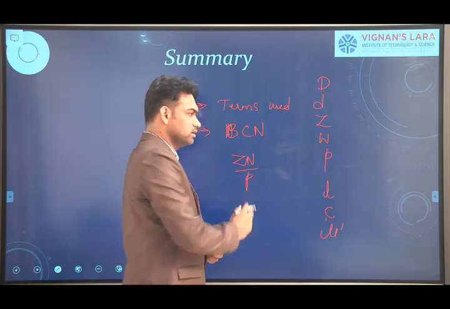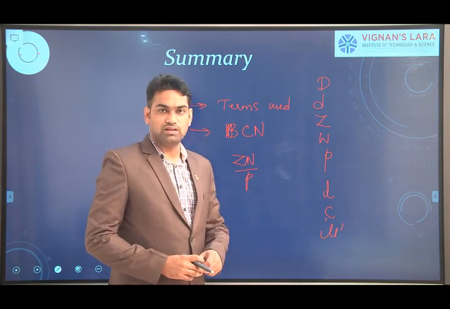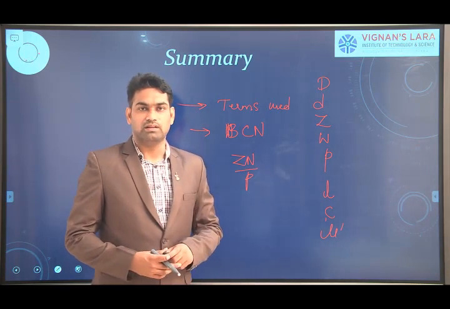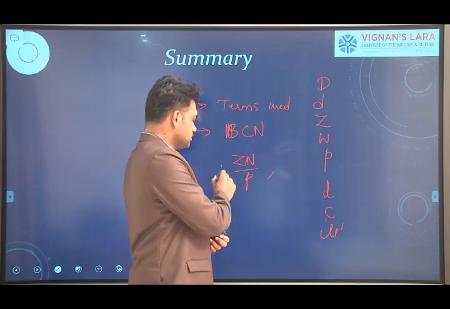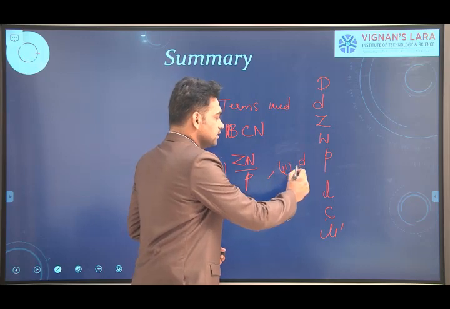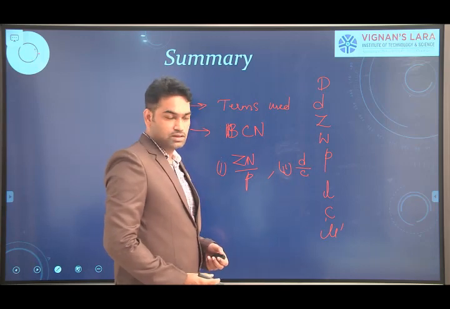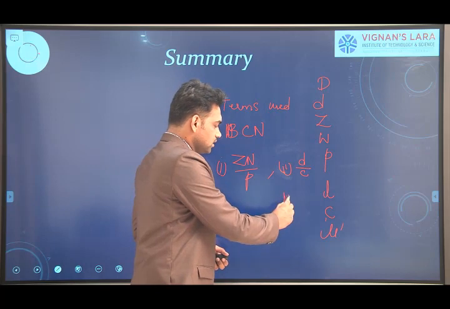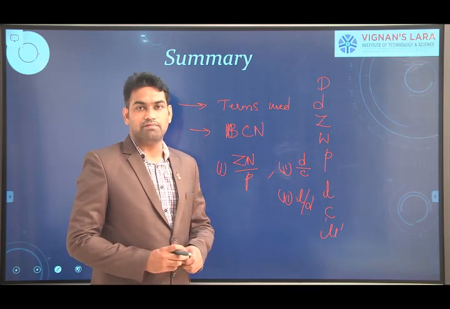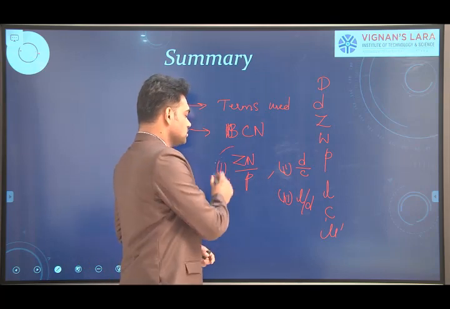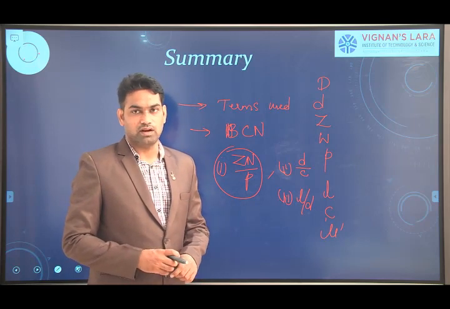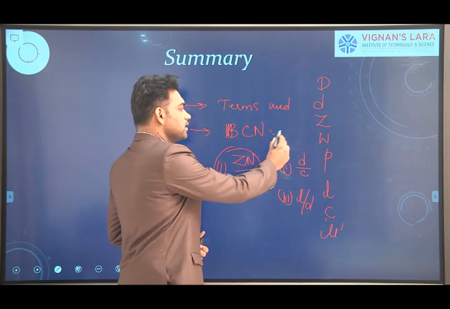As we stated, the coefficient of friction mu is a function of three different working parameters. The first is Zn by P, the second is D by C, that is the reciprocal of the clearance ratio, the diameter clearance ratio, and the third is the L by D ratio. The coefficient of friction depends very much on these three factors, out of which Zn by P has the most significance for the variation of coefficient of friction, and we call Zn by P the bearing characteristic number.